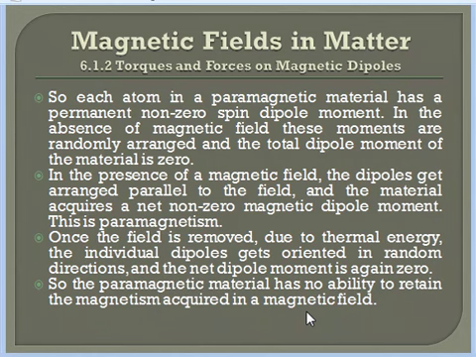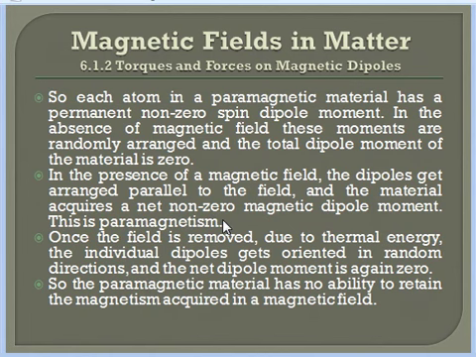Now, in the presence of a magnetic field, the magnetic field tries to align the dipole parallel to the field because of the torque M cross B. And this alignment will be more and more if we apply a stronger magnetic field. We can say that the material becomes magnetized and it acquires a non-zero magnetic dipole moment for the total volume. That is, as a whole, the net dipole moment of the material is now not equal to zero.